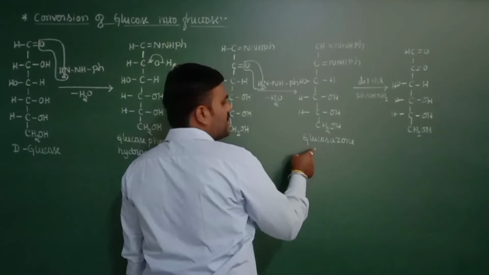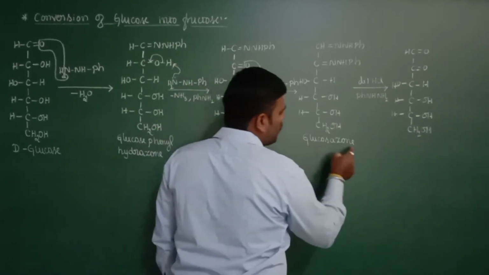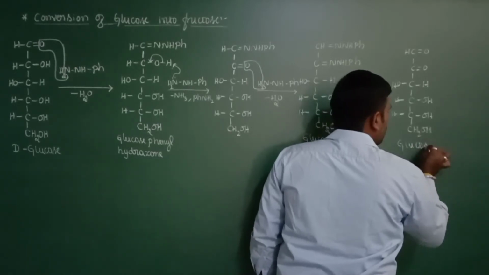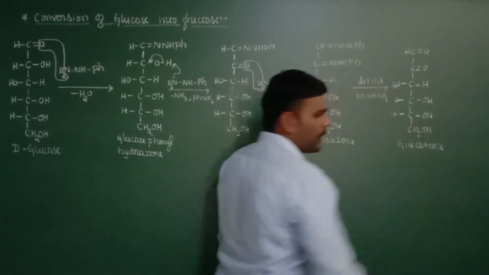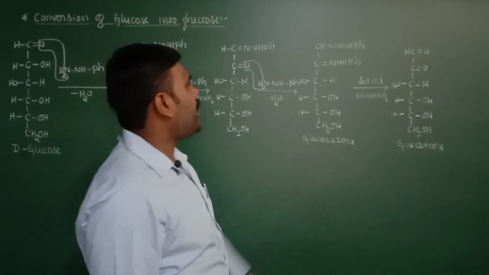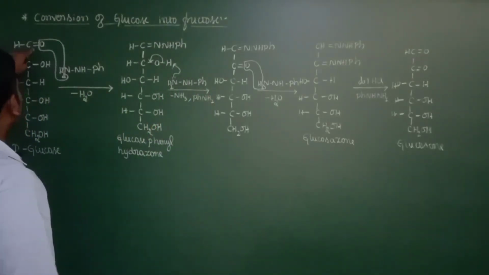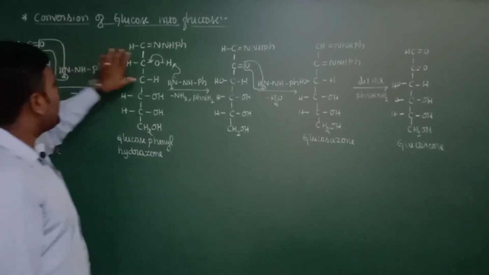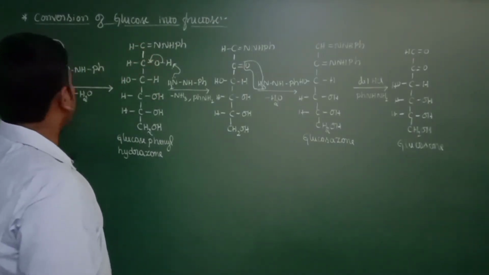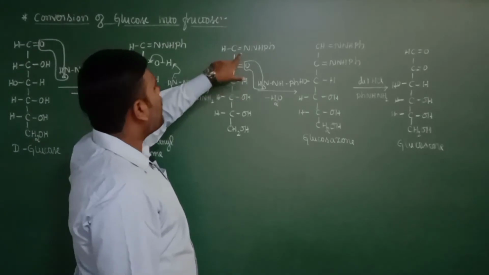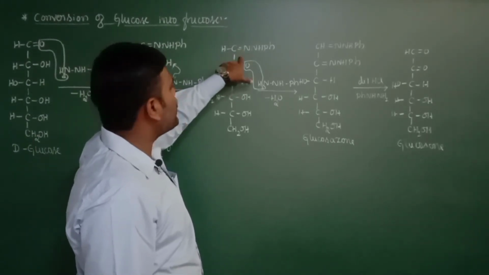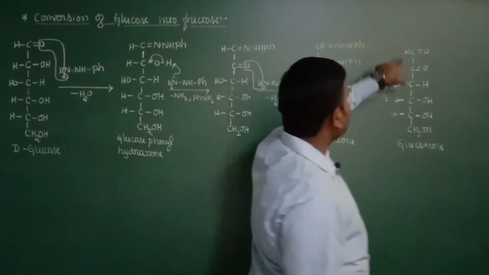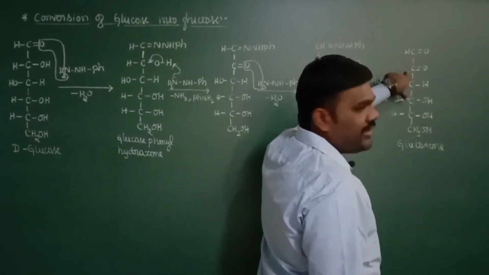So just notice the names of the materials. It is glucosone, and here we are going to get glucosone. Okay, and almost we come to the end, and here you observe, in case of glucose we are having an aldehyde, am I right? And here we converted one of the OH groups into a ketonic group, but in order to protect the first position we have remained with the hydrazone format, and here both have been recreated, aldehyde and ketone, and